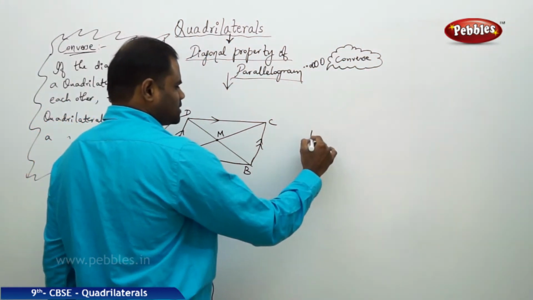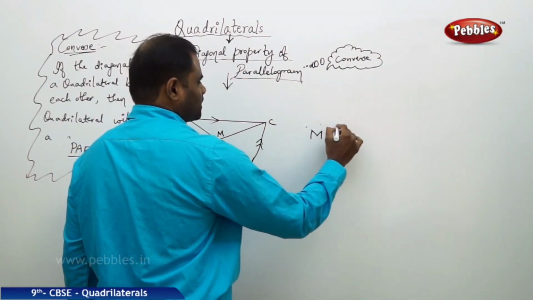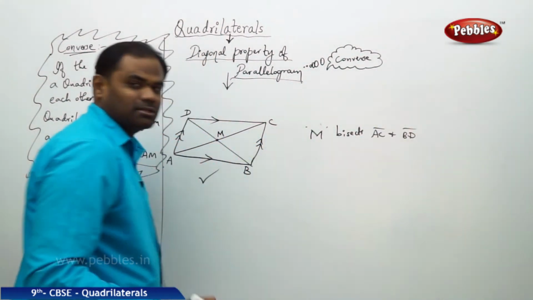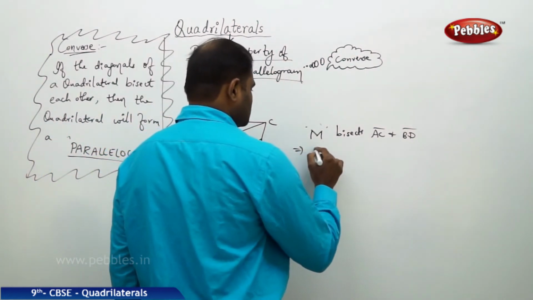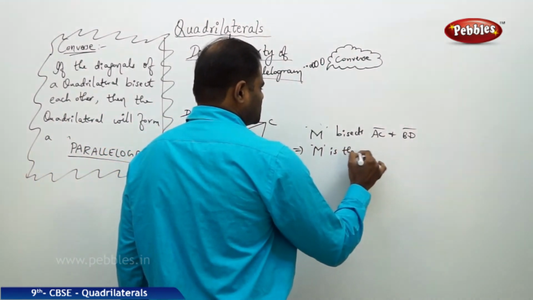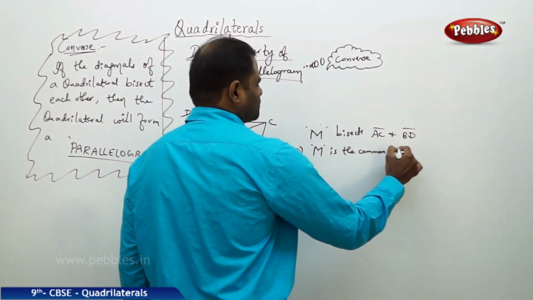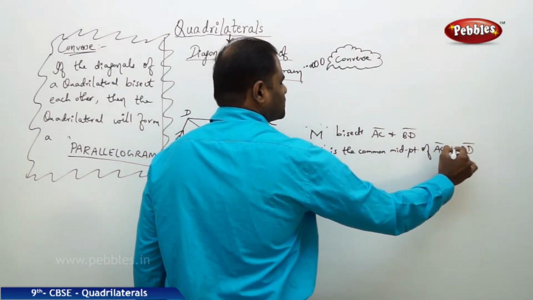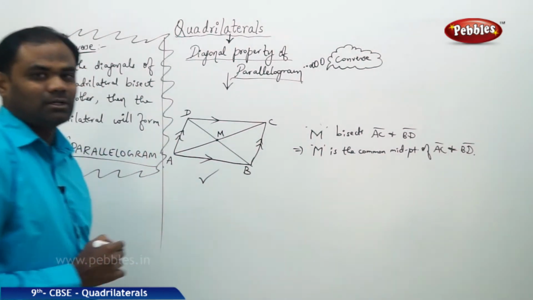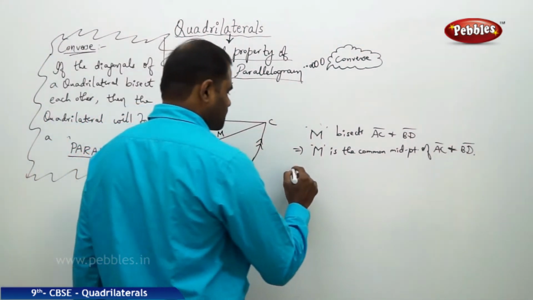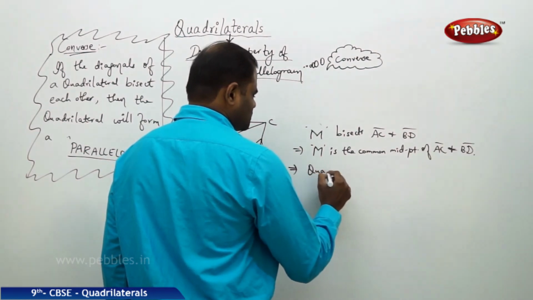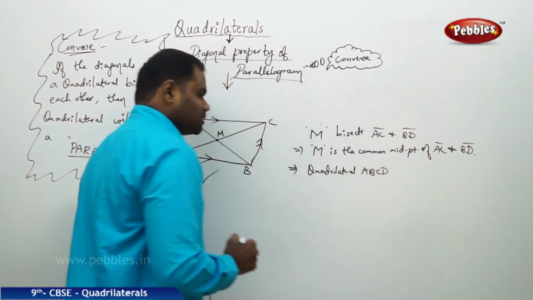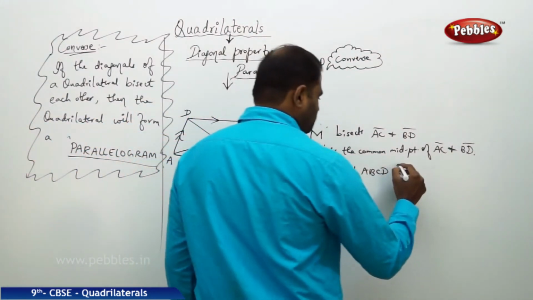Therefore, in this case, M bisects the diagonals AC and BD, which implies M is the common midpoint of the diagonals AC and BD, and that implies quadrilateral ABCD forms